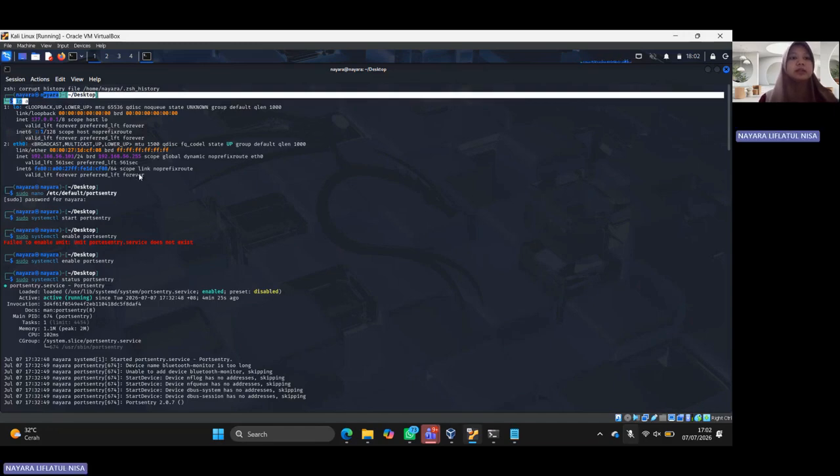This step is important because the IP address will be used as the target for connectivity testing, rather than for intrusion detection. Next, I opened the configuration file of PortSentry and started the PortSentry service. After that, I checked its status using the systemctl status portsentry command to make sure the service was running successfully.